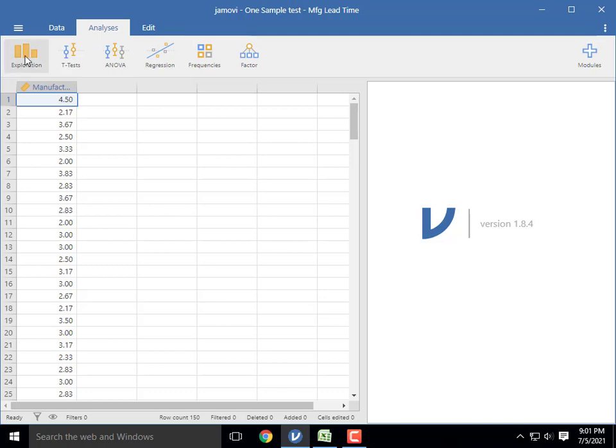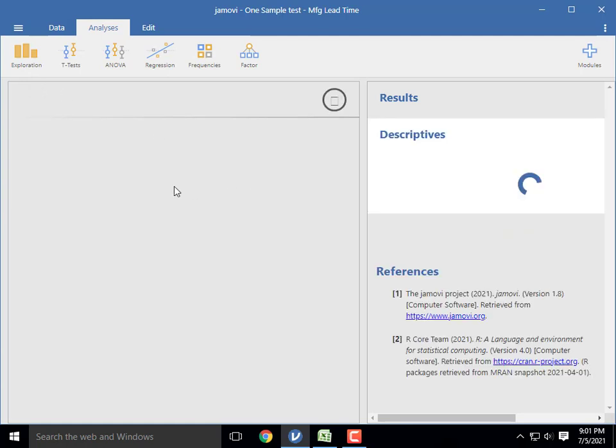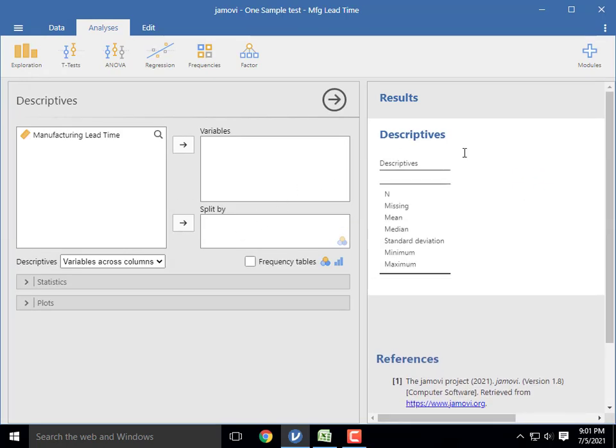First go to exploration, click exploration, then click descriptives. Select manufacturing lead time and move it to variables.